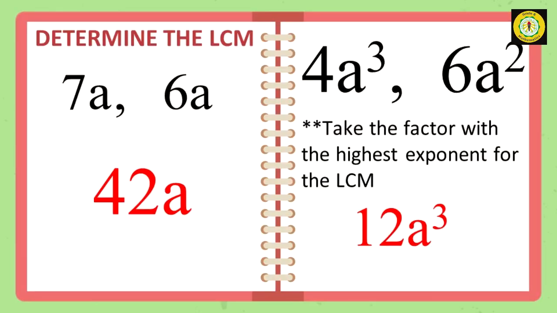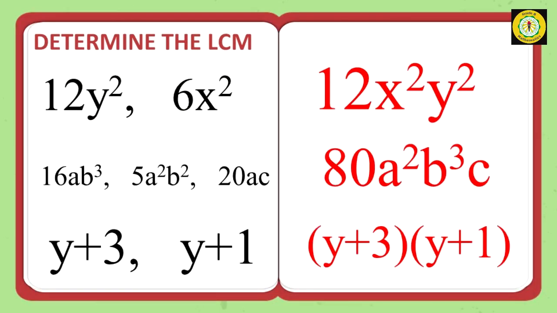Determine the LCM. 7a and 6a. It is 42a. Next, 4a cubed and 6a squared. Determine the LCM. 12y squared and 6x squared. The answer is 12x squared